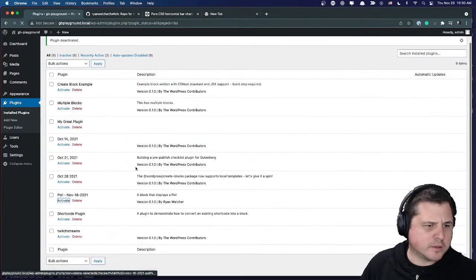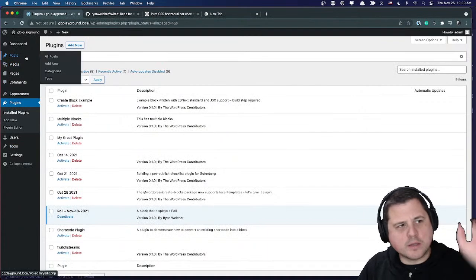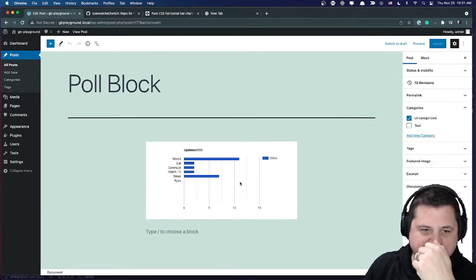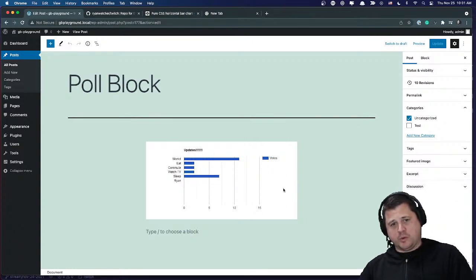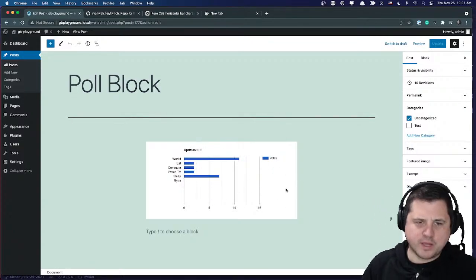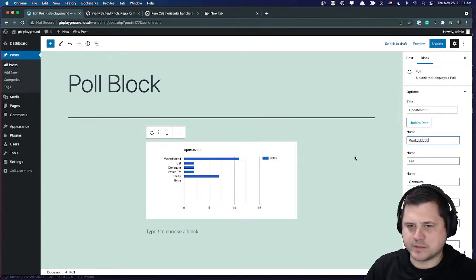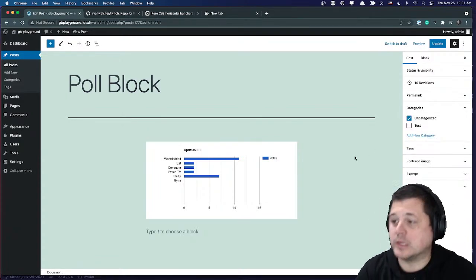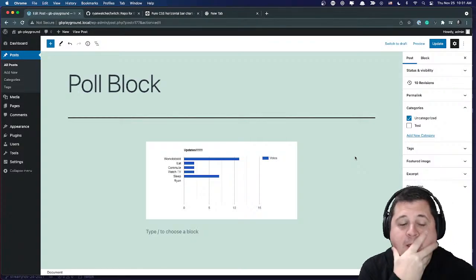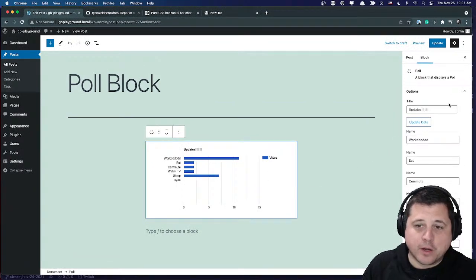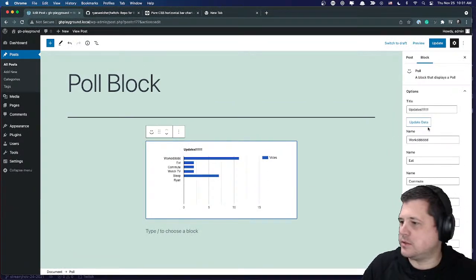Let's just take a look. If I activate that block, this is where we were doing this poll block thing. It was using Google Charts, and it seemed to work okay. We got into some weird stuff where we were losing focus. Somebody on my YouTube channel made a really great comment on this, being that this is most likely due to something